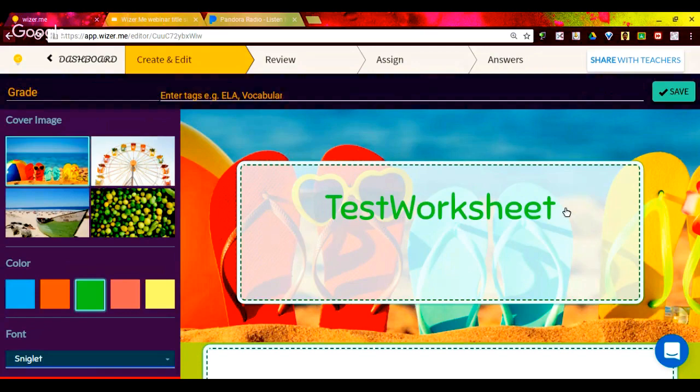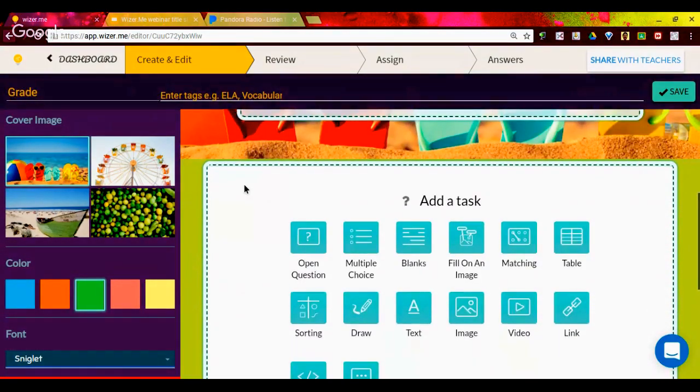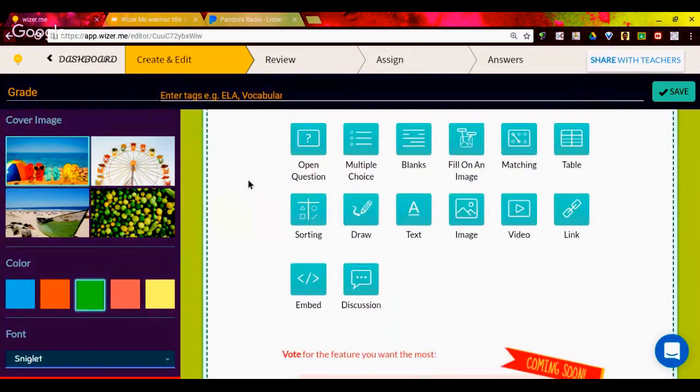Okay, so once you've picked all of your aesthetic things, again, you can change these anytime. It's not going to hurt anything. It gives you the option to add a task. So this is where you get to see all of the awesome features that Wiser offers and the different tasks that you can include within your digital worksheet, quote unquote. So you can do an open question, multiple choice, a fill in the blank, fill in on an image, which allows you to upload a picture and then create points for the children to label. You can do matching, you can create a table, you can sort, they can draw, you can just have a text box, you can upload an image, a video directly from YouTube, you can do a link,